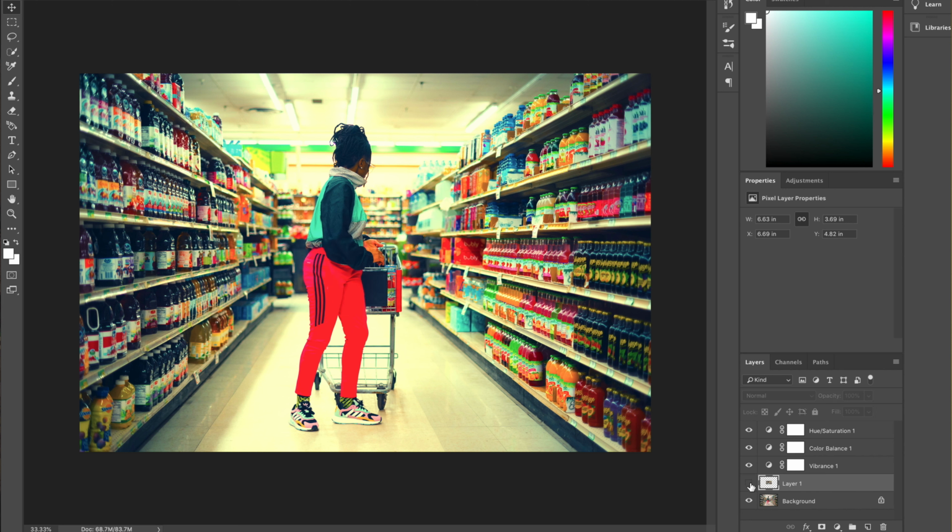Just select the original layer, the screen grab you got from the video, because if you don't, it's gonna do some funky stuff and it's not gonna work for you. It's just not gonna work. So now that you got your background and everything,